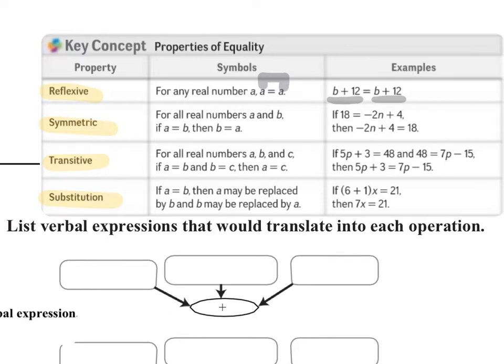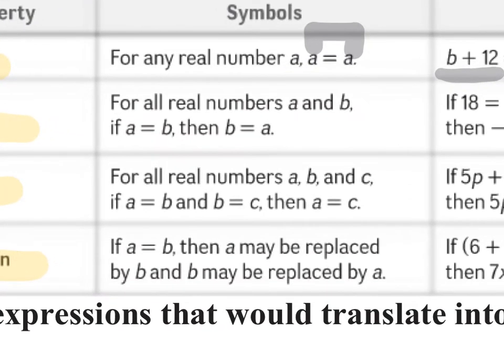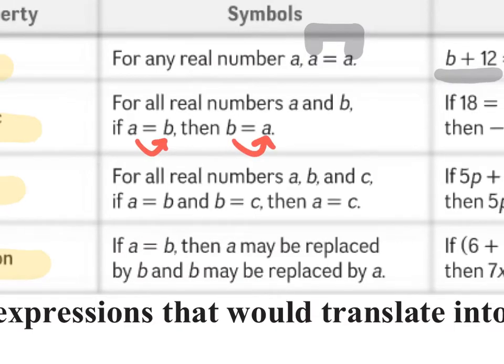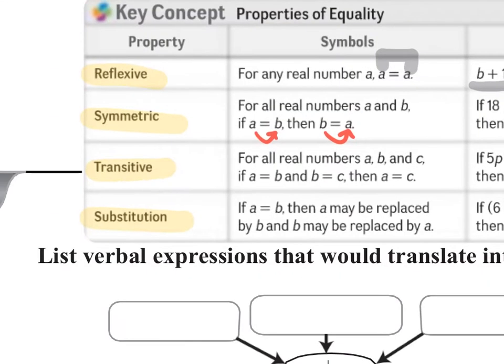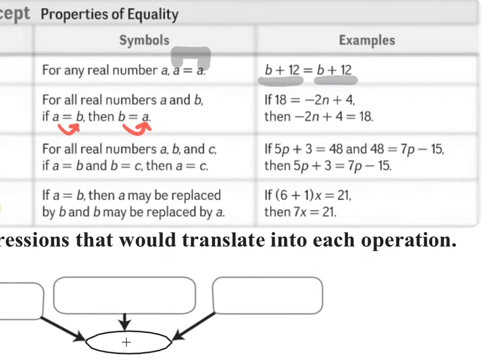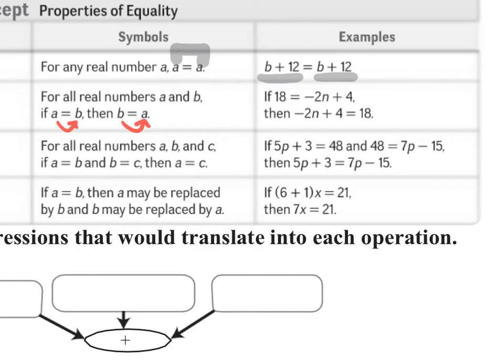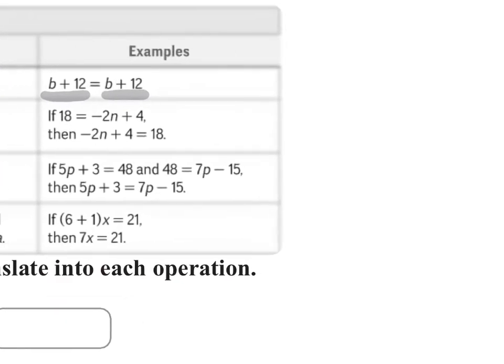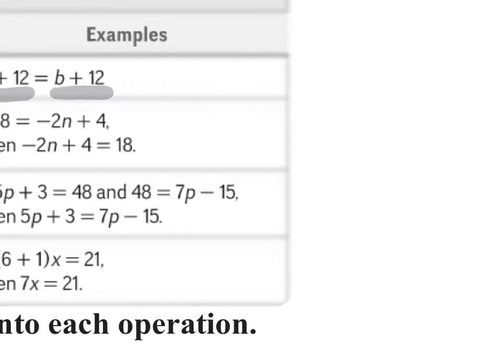The symmetric property says that if A is equal to B, then also B is equal to A, to where it's symmetric. You can flip it around and view it from both directions. To where if 18 is equal to negative 2n plus 4, then also negative 2n plus 4 is equal to 18. And this is important because sometimes students get so used to y equals mx plus b as their slope-intercept,